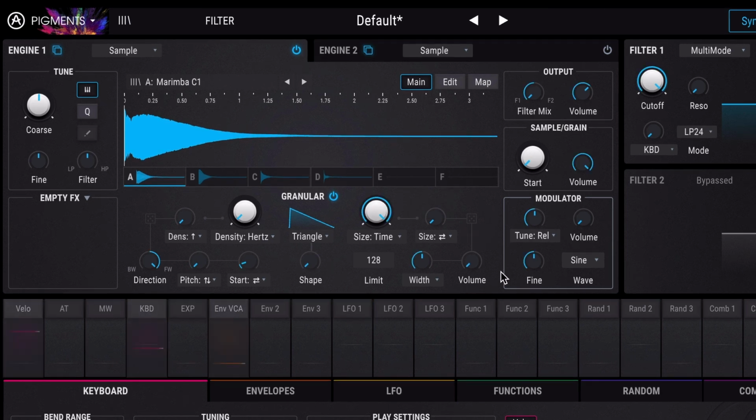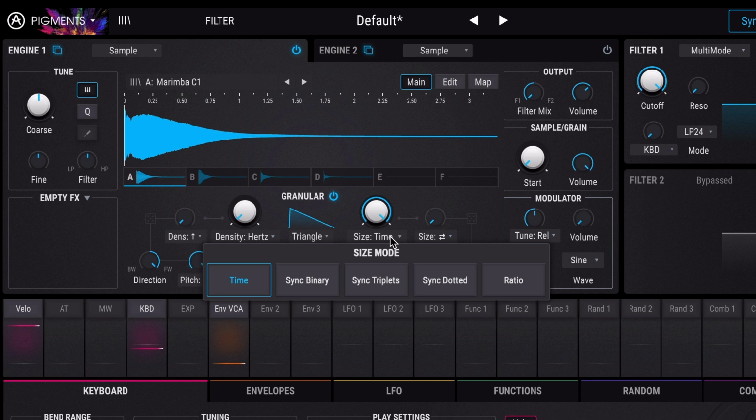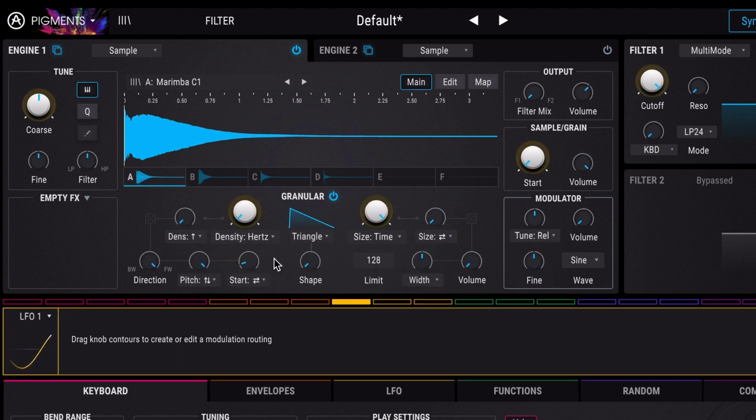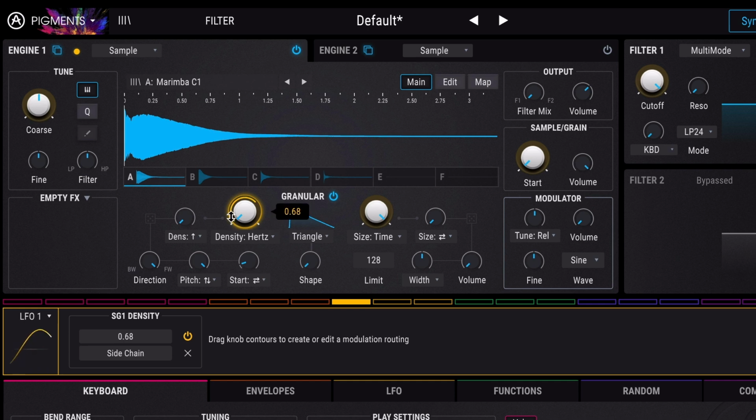Now, let's have a closer look at the engine's structure to learn what all these different options can do. The module contains a couple of parameters that can drastically change the original sound. Each one has a knob to control it, and some of them also have multiple types of behavior that are available with the drop-down menu. And because Pigments is all about modulation, every one of these is available as a modulation destination.